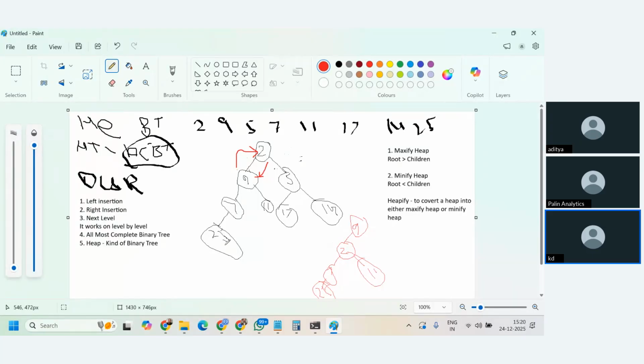So at last, what will happen? The biggest element will be at the top position, and the smallest element will be at the lower side of